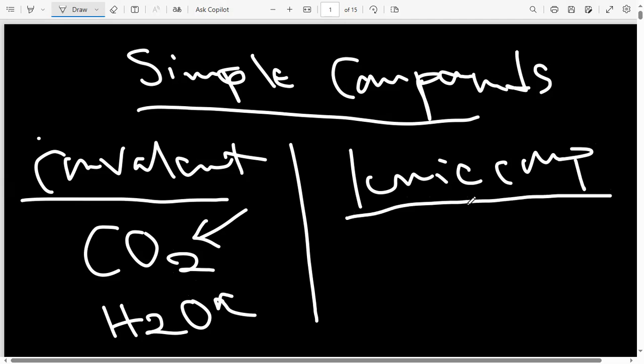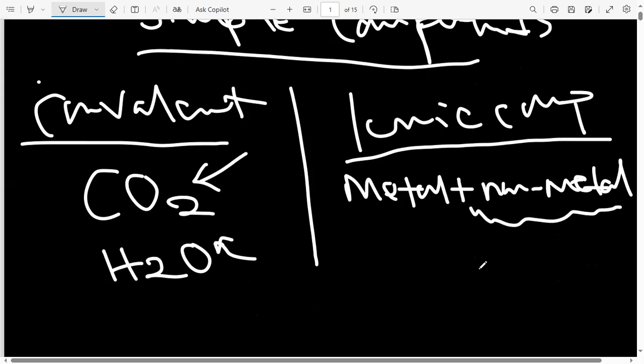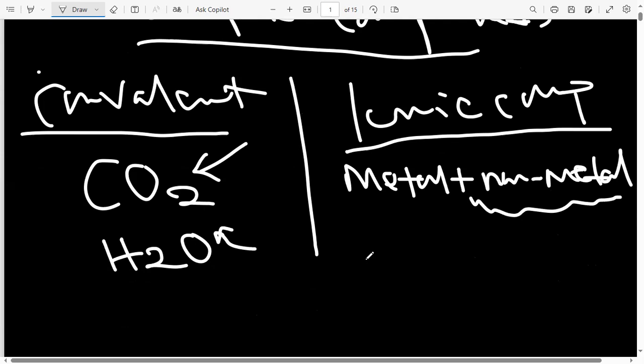These ionic compounds come in two forms. First of all, we know that an ionic compound consists of a metal plus a non-metal, right? So this non-metal part here can be a single non-metal,